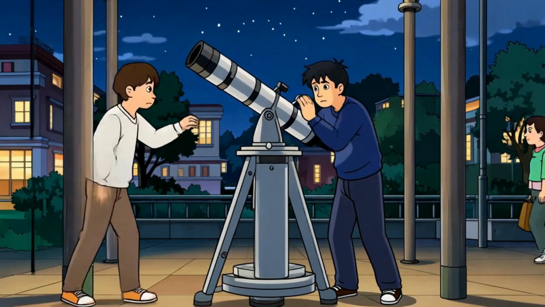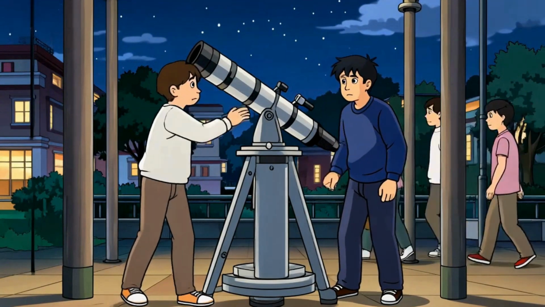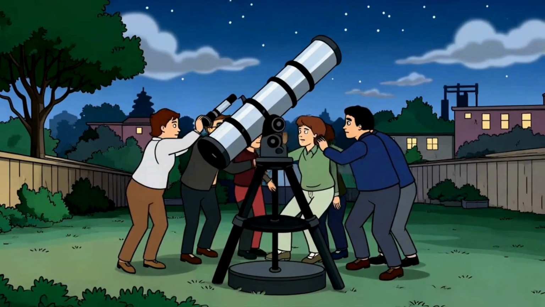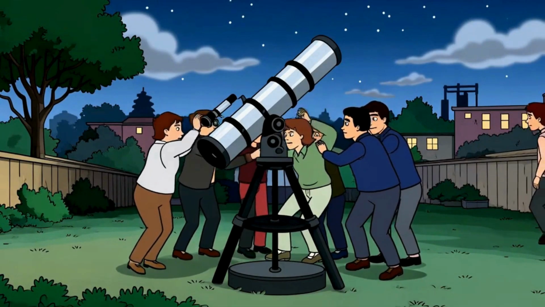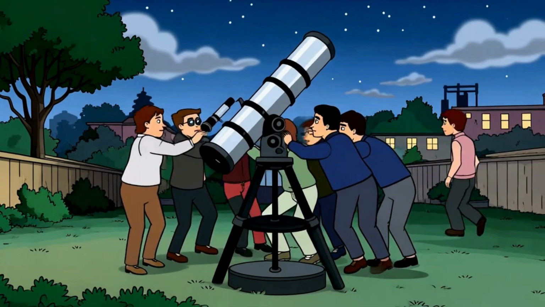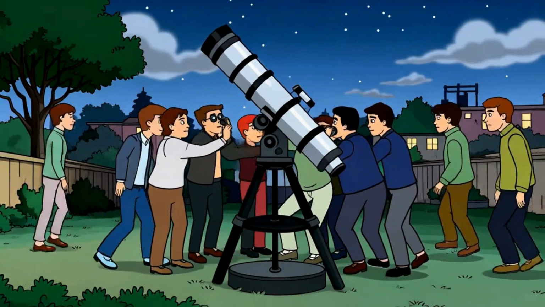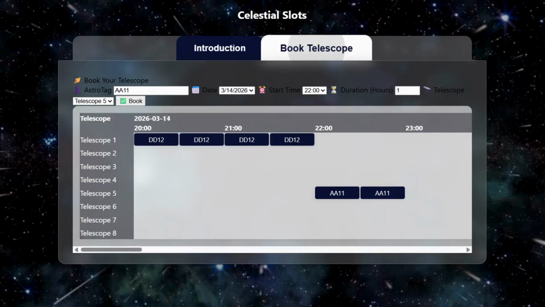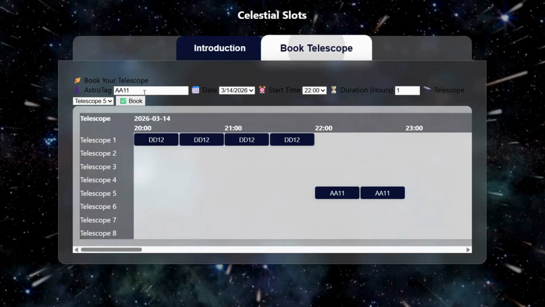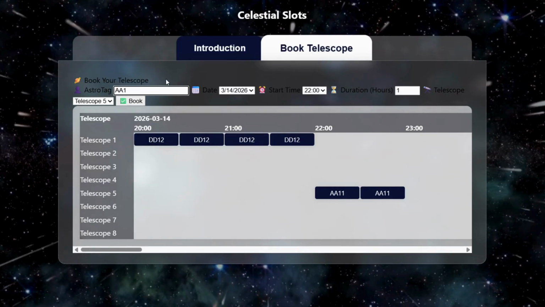Managing telescope observation time can quickly become chaotic when multiple researchers need access to the same equipment. Manual scheduling often leads to conflicts, confusion, and inefficient use of valuable observation time. To address this problem, I developed Celestial Slots, a web-based telescope booking scheduler that helps organize observation time in a